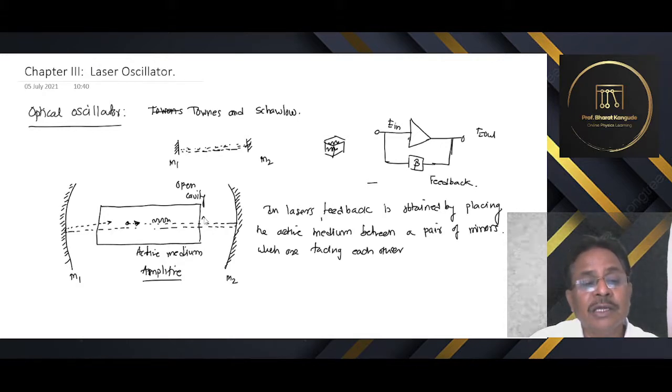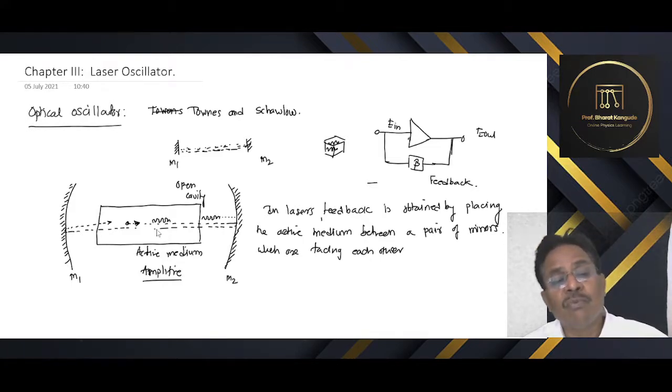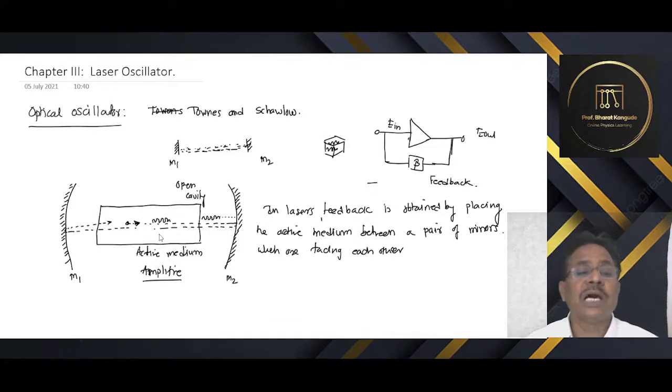At the end we will get a large number of photons which are traveling toward this mirror, and they get reflected back again. When they travel through this medium again, they give you secondary stimulated emissions, and a large number of photons comes out of this end again and gets reflected back. That means the photons generated here are reflected back and forth by these two mirrors, and that is how a standing wave is generated in this optical cavity.